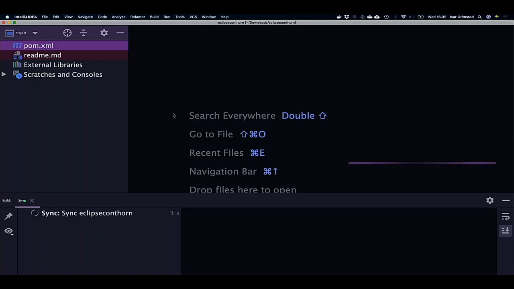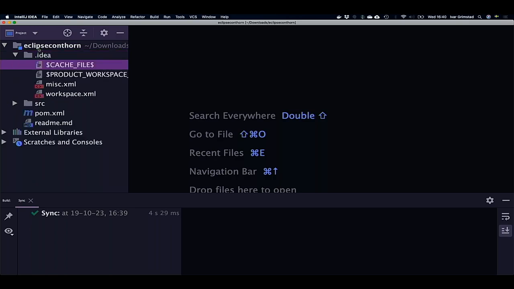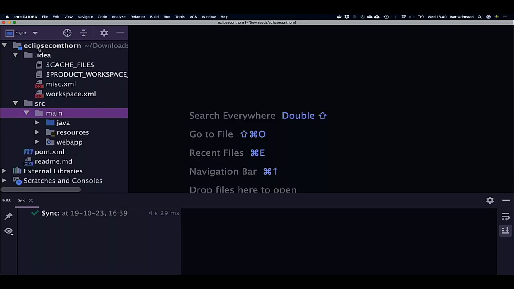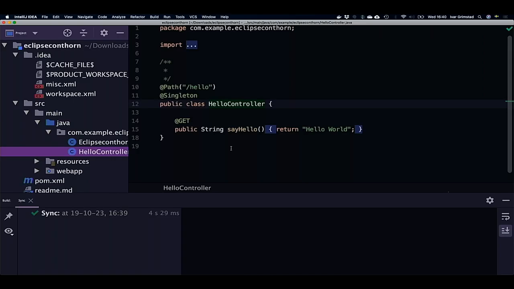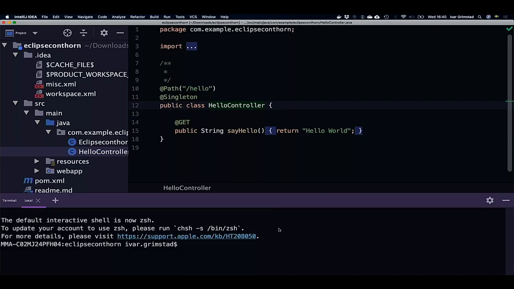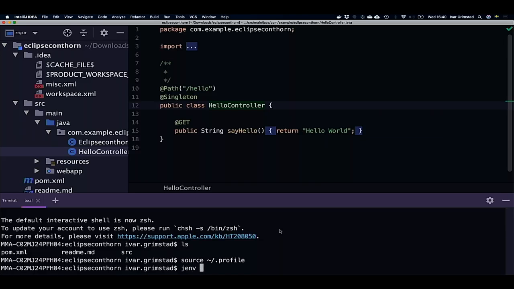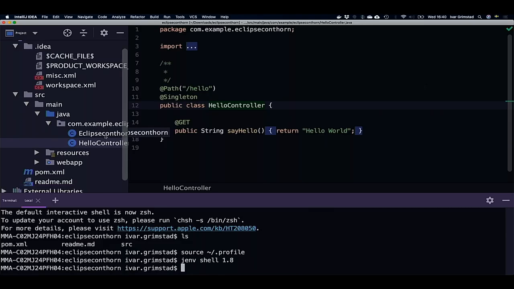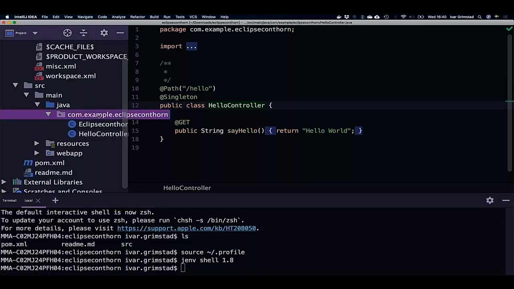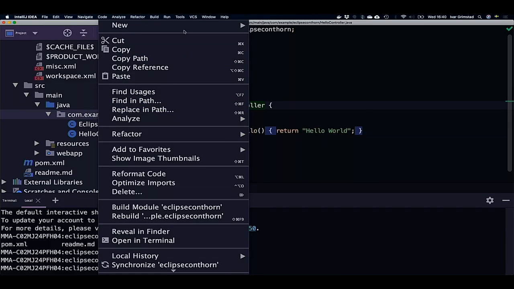So I've got the application here, and you see it's exactly the same application. I think, at least I experienced this morning, that Thorntail has a little problem with running on the latest Java version, so I just set one I'm pretty sure works. I'll rebuild it afterward. What I want to do here is create a new class, or an interface actually,